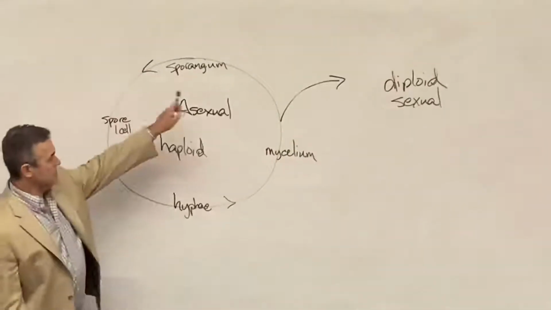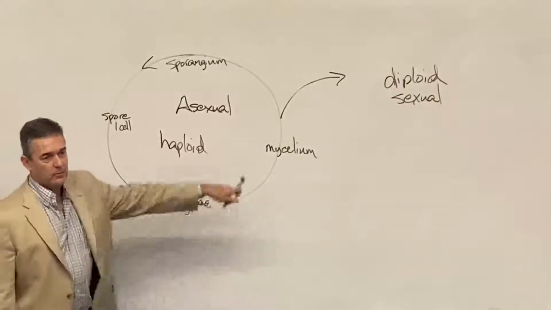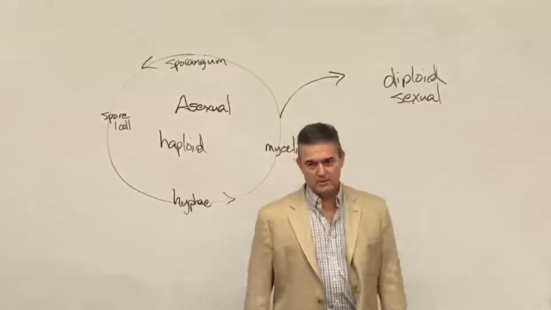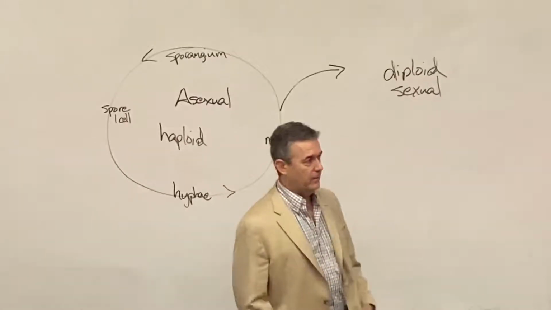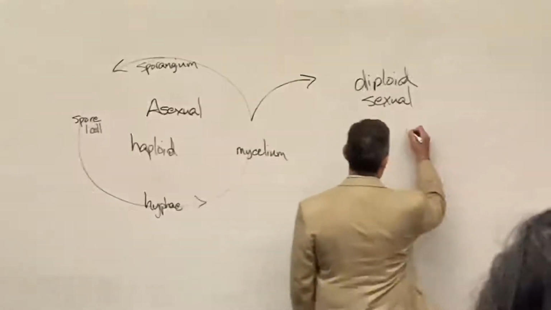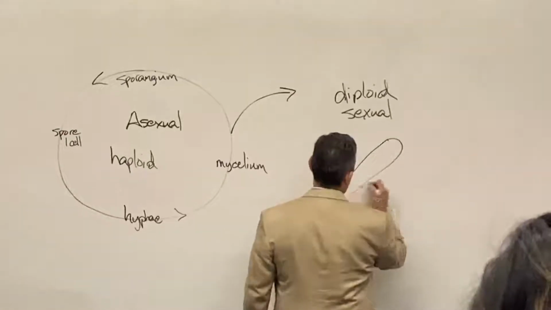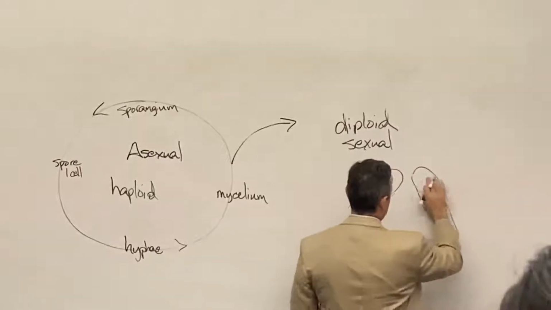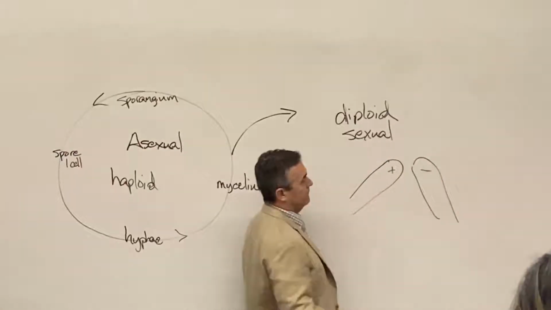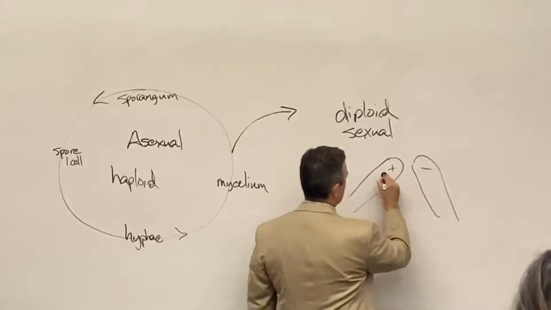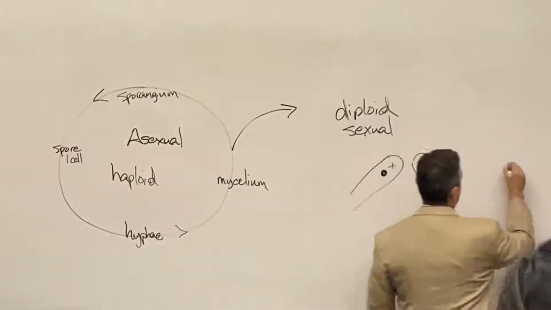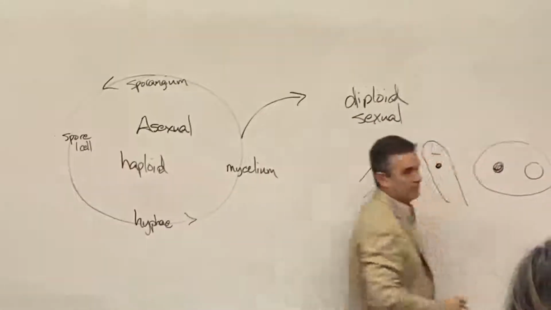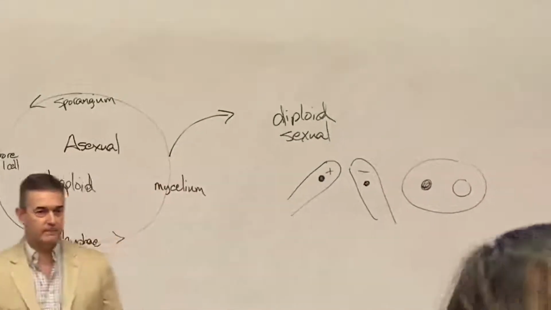The way they live most of the time is just cycling through a haploid state. Then they go into a temporary diploid state. How they get there, though, can vary a lot. Some of them will produce mating structures of just hyphae that can fuse with each other, whether positive or negative. They will fuse, and each of these has its own little nucleus. And when the cells fuse, the nuclei don't quite fuse yet.